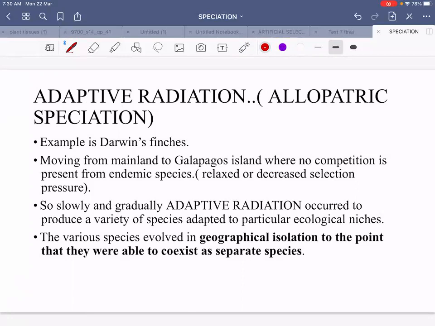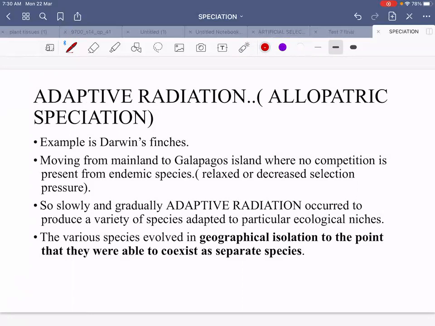This is because those finches initially were living on the mainland, and then they migrated to maybe Galapagos, and that is why the difference in the shapes and sizes of beaks occurred. So these kinds of changes that happen in the shapes and sizes of beaks when these finches move from the mainland to the Galapagos Islands will come under the classification of allopatric speciation, or isko hum adaptive radiation